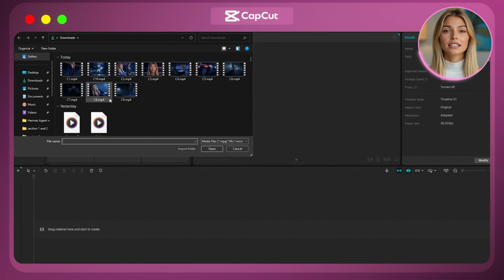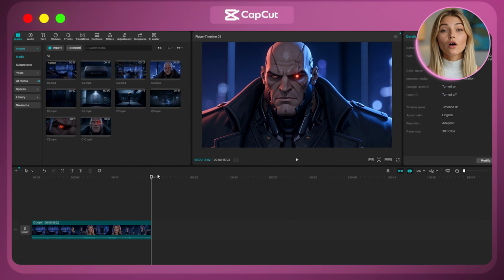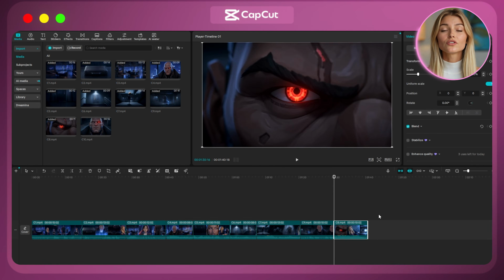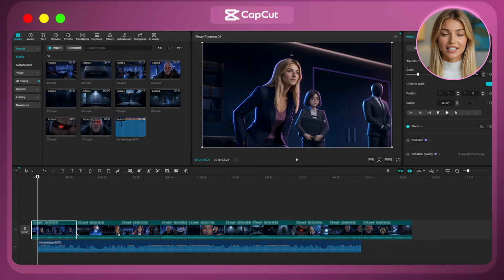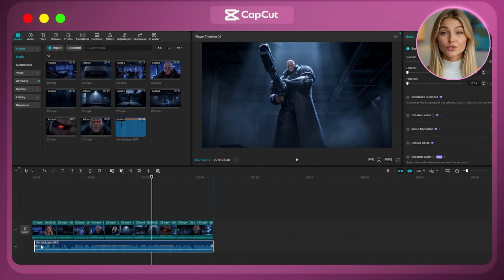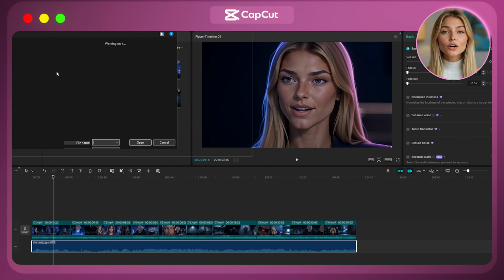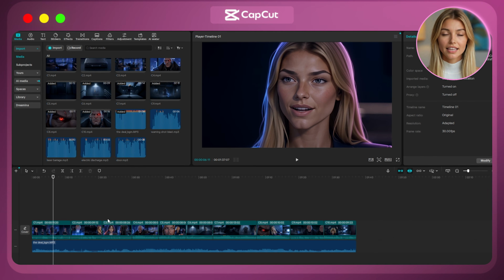I open CapCut and import all 10 clips, dropping them onto the timeline in order from part 1 through part 10. Every cut between clips is a hard cut. The only exception is the very end of part 10, which fades to black. I go through each clip and trim any rough frames at the start or end. Then I'll add background music underneath the whole thing. It builds through parts 1 to 3, gets loud and intense through parts 4 to 8, then pulls back for